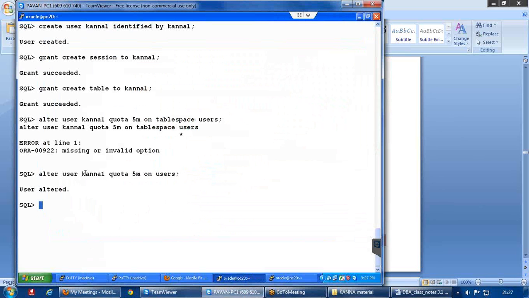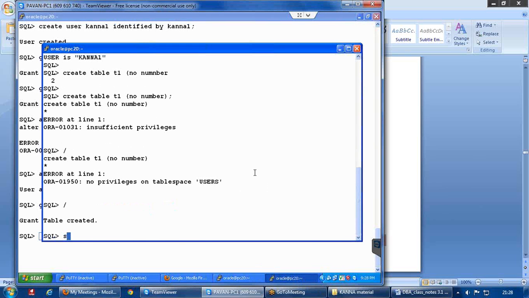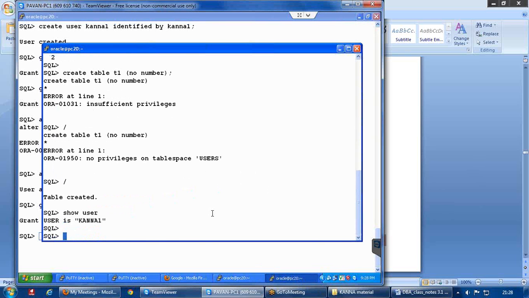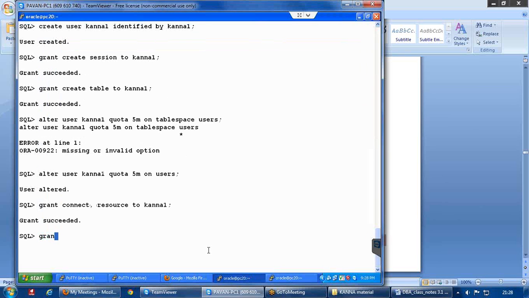Okay, so here I created one user called Kanna1, and on users I have given a 5 MB quota. Now I will say grant connect, resource to Kanna1, and here as you can see I connected as Kanna1 user, and let me grant one more privilege, grant select on spot.emp to Kanna1.